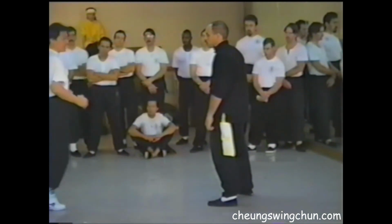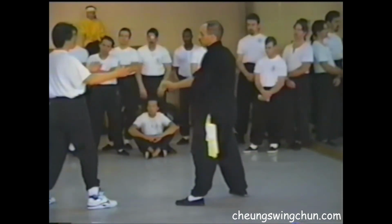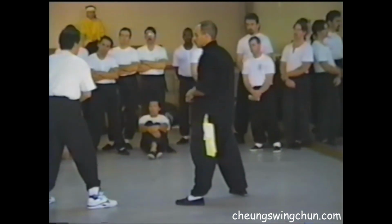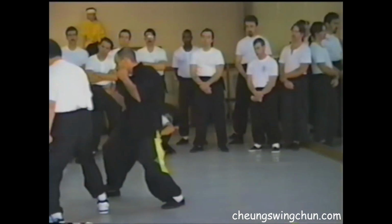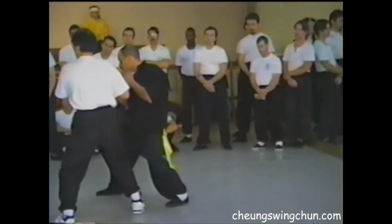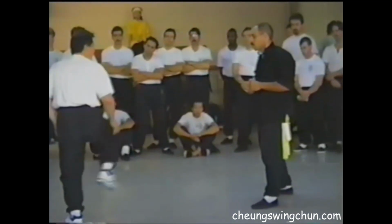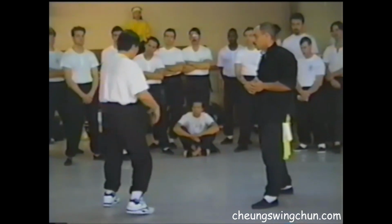If you're on a front stance, because sometimes when things happen, you just happen to be on a front stance, you still can apply the side step, right? That's move across, and then you move in, right? So when you move in, you always bring your foot back because when you kick,